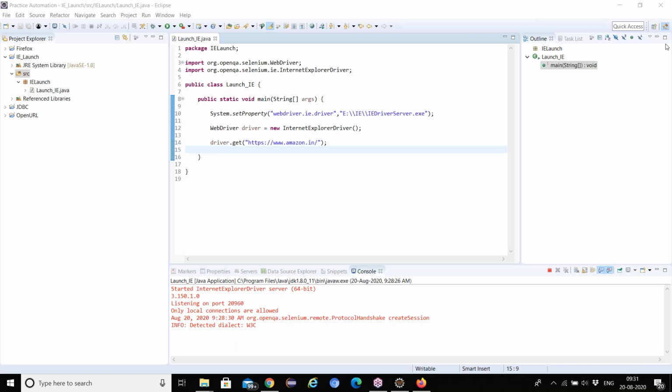Now when one build comes, my script is already there, I just need to change the URL, like http amazon.in. Already my script is there. Again I need not open the Chrome browser, again I need not open the IE browser, again I need not write the script and all those things. Simply I can do it with only one line of code. I simply change the URL, click the button, that's it. Now by seeing the automation, I can check whether the build is working correctly or not, whether the URL is launching correctly or not.